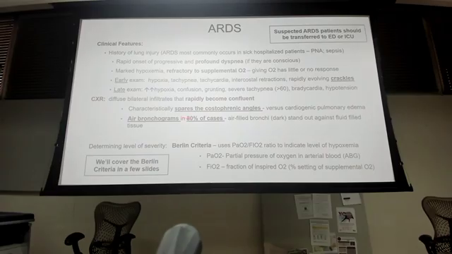Then those 2 chest x-ray findings that we talked about: it spares the costophrenic angles, right? It flattens it out, and with pulmonary edema, cardiogenic, and ARDS, you're going to preserve those angles. Air bronchograms, and I have some x-rays to show you, a very unique finding that you're going to see on there. That's going to change over time. It's rapid, they become confluent. So you have these little patchy infiltrates, and then over time, matter of days, hours, they start combining together, and then you'll start seeing it across the lungs.